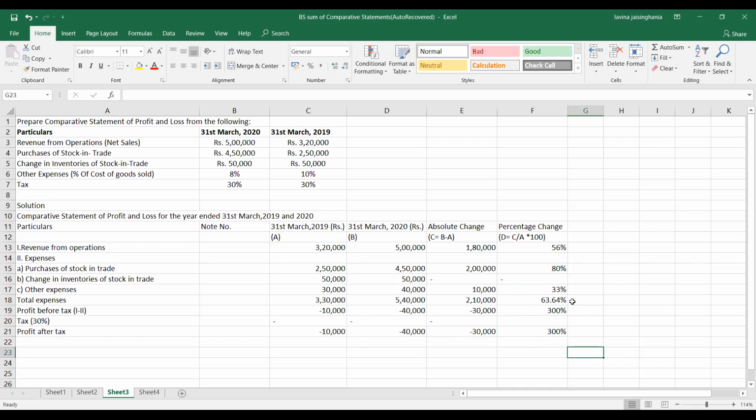The working of this is the same as you have done in all the sums of balance sheet, but the difference here was to create a profit and loss account. I hope this video will be helpful for you to solve further sums.